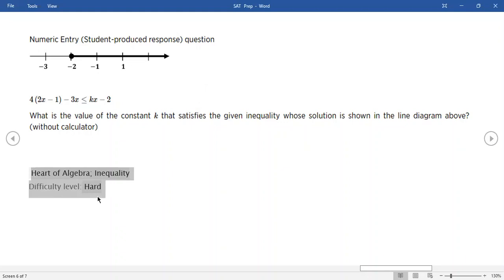Something that maybe they left out here that made it hard is that this is really the x-axis right here. Now, that probably should have been labeled. I know I would have labeled that in class. This is the x-axis. So what this says is that any x greater than or equal to -2,